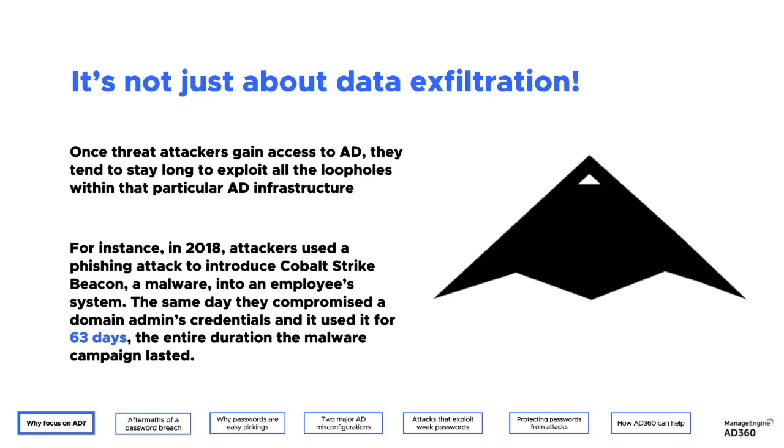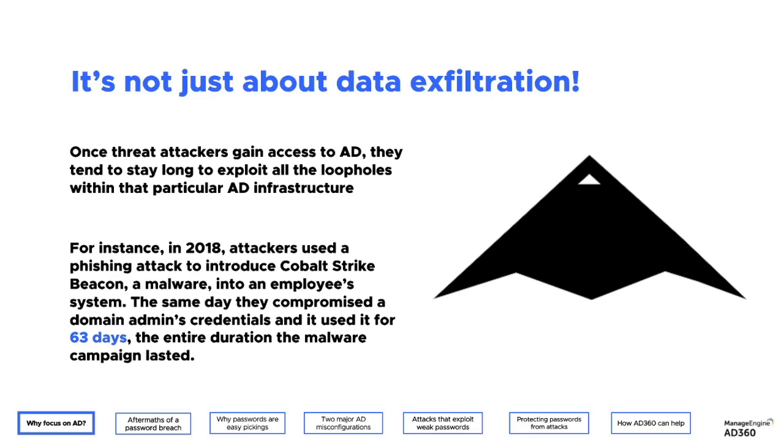Even Microsoft agrees that once an attacker gets into the system and gets hold of the domain admin credentials, they start laterally moving. They start escalating their privileges. And even before you know it, your entire security can come down. Everything that is associated with your business, not just the IT, anything and everything that your IT is a part of becomes compromised. That is the challenge that we're dealing with right here.